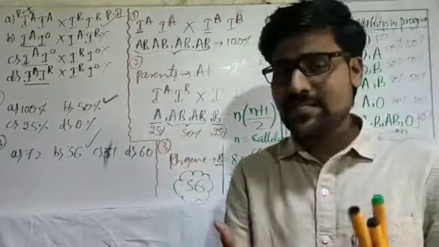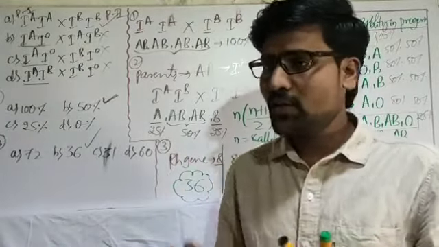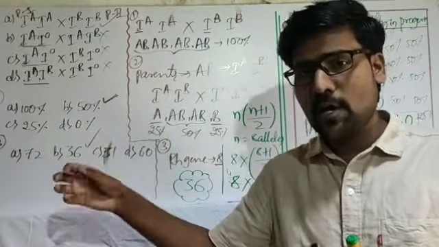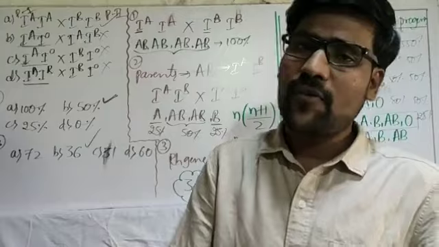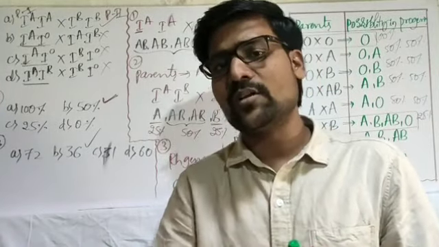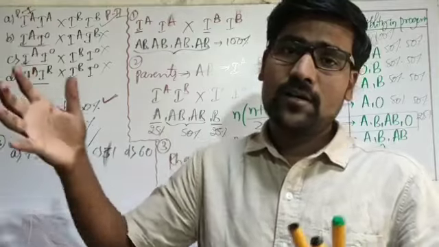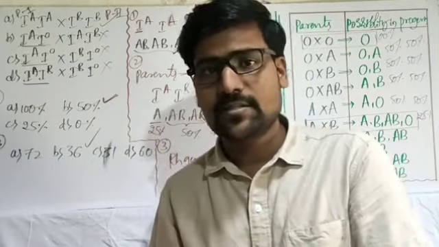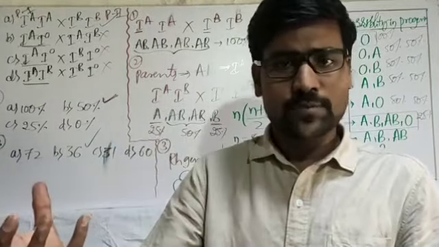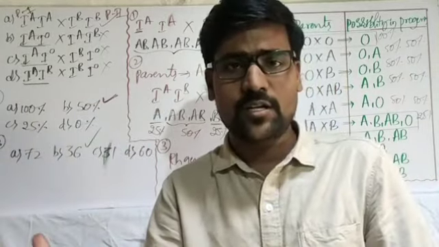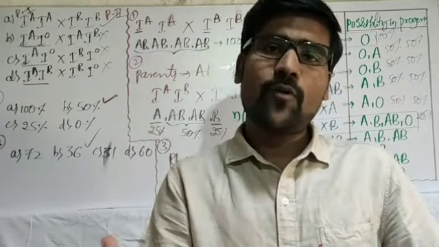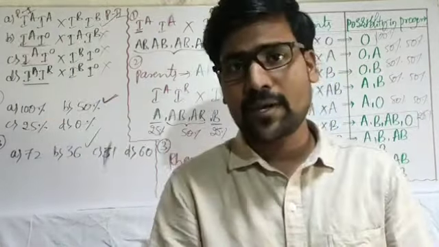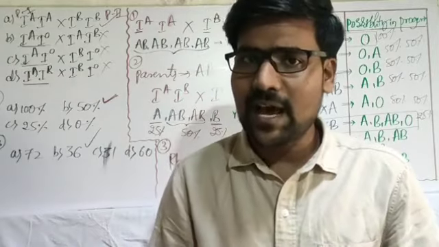On the basis of the number of alleles, you can predict the possible genotypes. Especially since it is a multiple allelism concept, they may ask for finding the genotypes, or they may ask to find the probable children's blood groups by giving the blood groups of the parents. Sometimes they will give the blood groups of the children and the blood group of one parent only, which is a phenotype. Then they will ask for the genotype of the parent composition. They can ask in different ways.